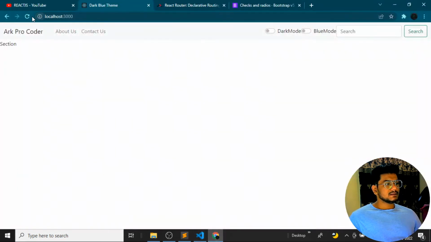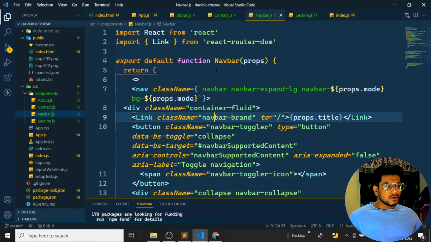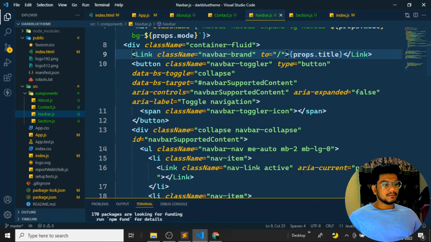So if I just save it like this, and come back and refresh, you can see all the things have been in light mode. You can see I am having a light navbar over here. So the background color is also light over here. So now coming back to the next stuff. Now this one thing is done. So now coming back to the